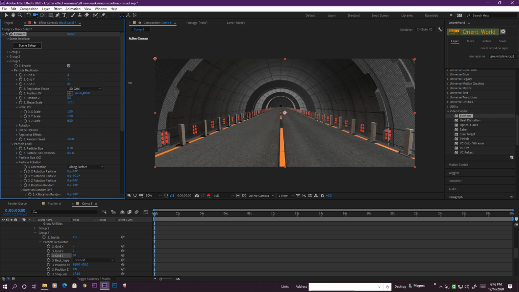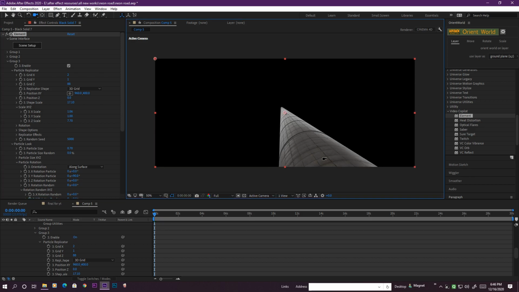Maybe a little more, and increase the scale as well. Okay, and also increase the X scale also like this. So our tunnel